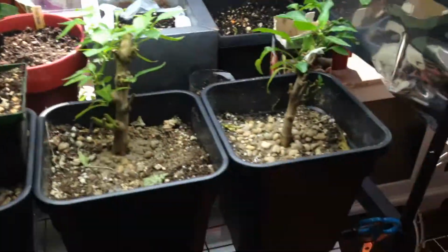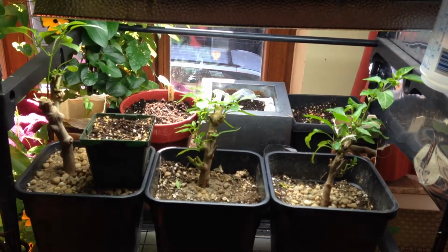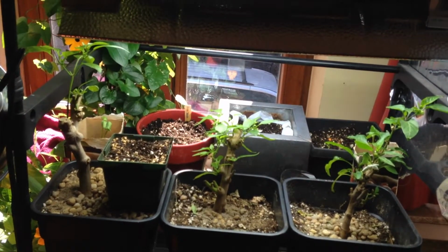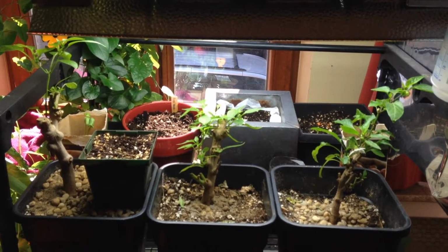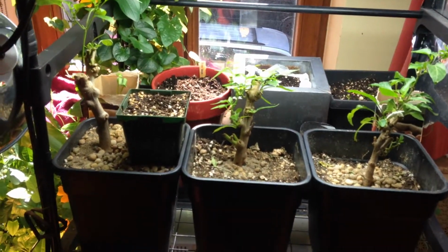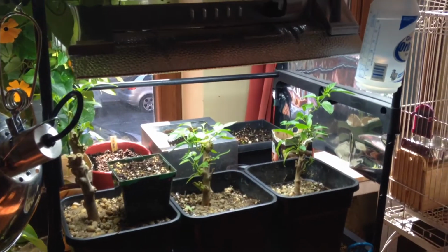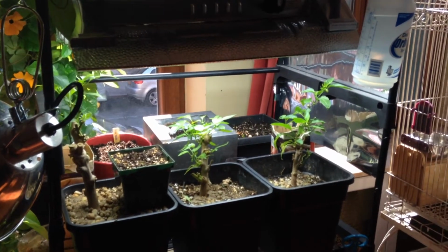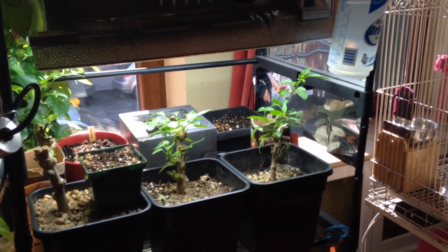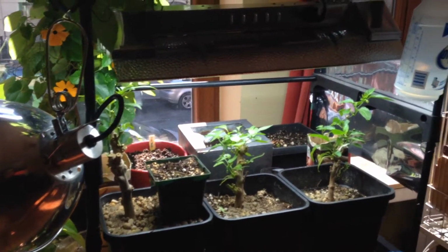But this year I'm not going to go as crazy with starting those indoors because I realized last year, and the previous year actually, I should have known this, those plants tend to do better when you just start them outside mid-May, when the temperatures are warm enough. We're in zone 5, so that's about mid-May when it's safely past the frost date. And I just feel like it's unnecessary. Those plants are so large indoors, and you get the pumpkins at the end of the season. It's really for Halloween, and watermelons as well. They're always ripe by the end of summer, so there's no need to go too crazy with that. Another note to self,